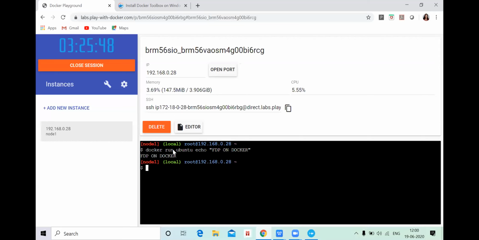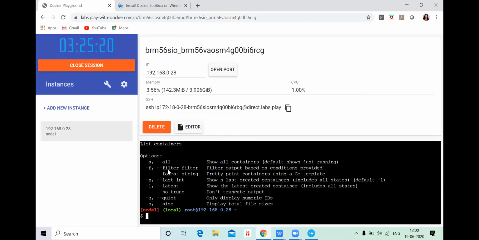Now you can see it is displaying. This is my output. So in this way, you can use all these commands, and we are going to give you one more last command, that is docker ps. If you want to use any kind of help, you have to write docker ps help. You can get all kinds of help from here.